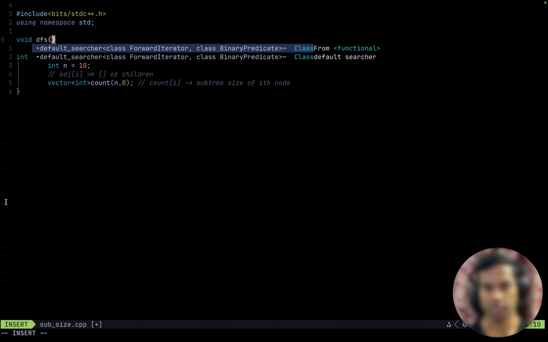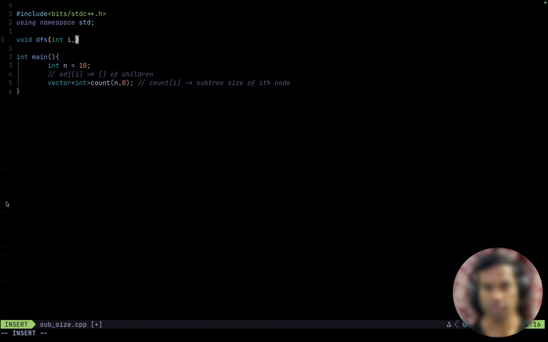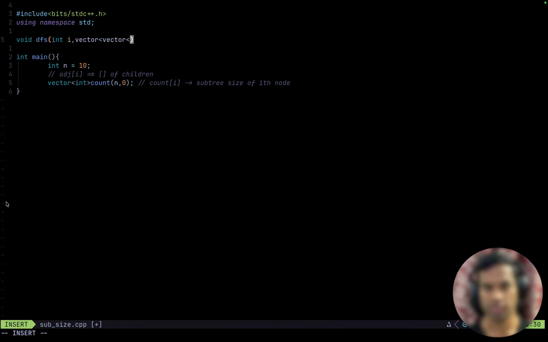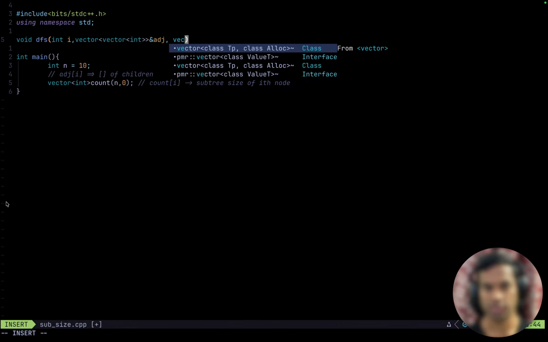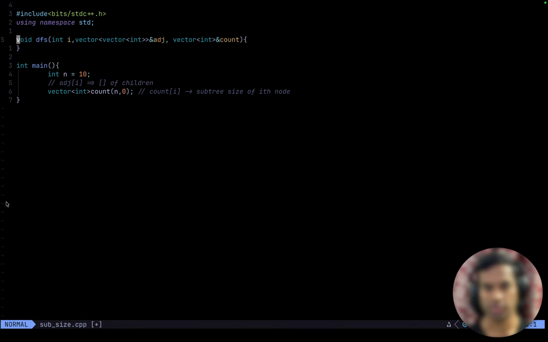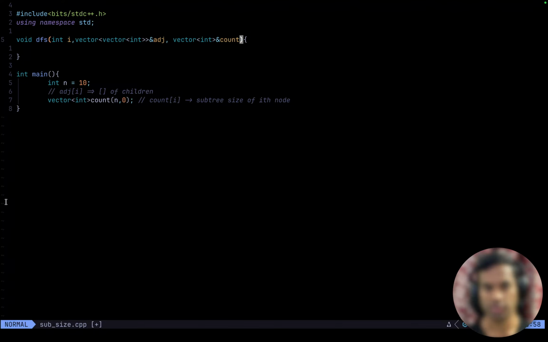I think void would be cool. Int I, the current node, and vector of vector int adj, and vector int reference count,